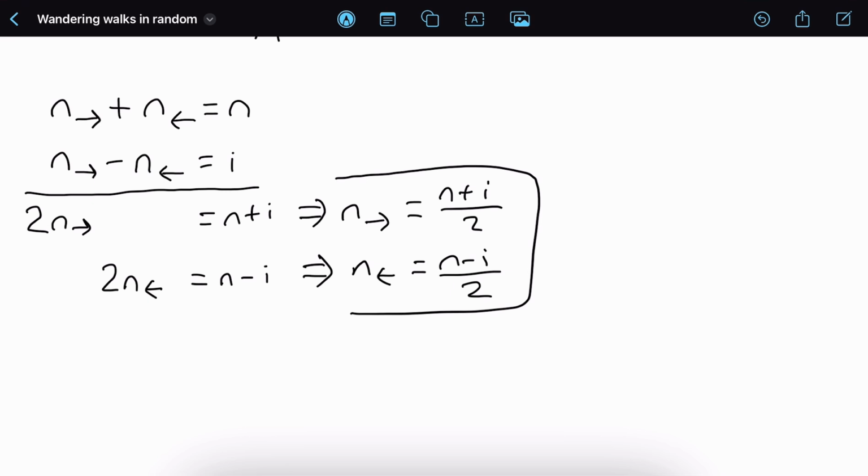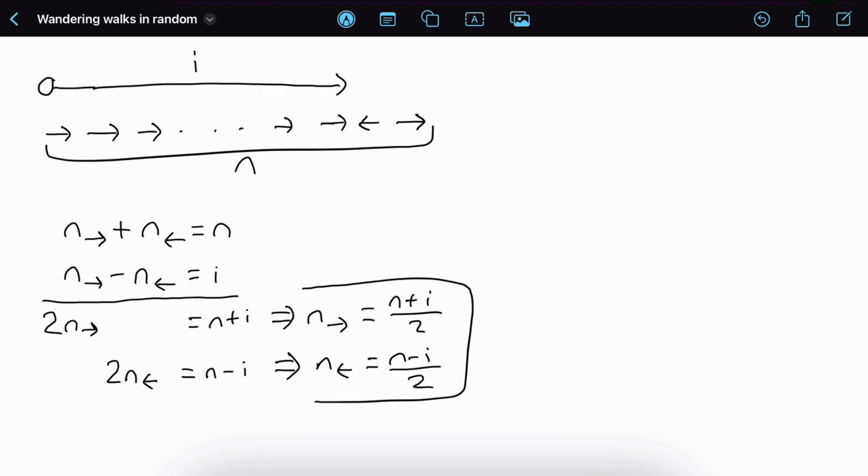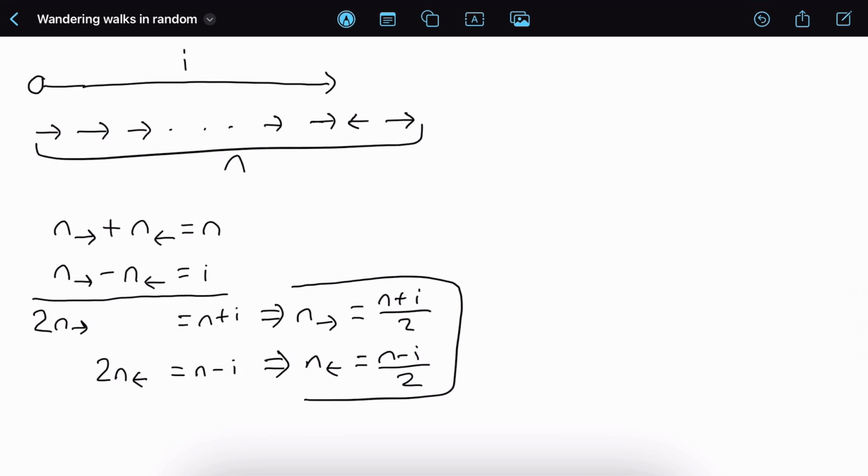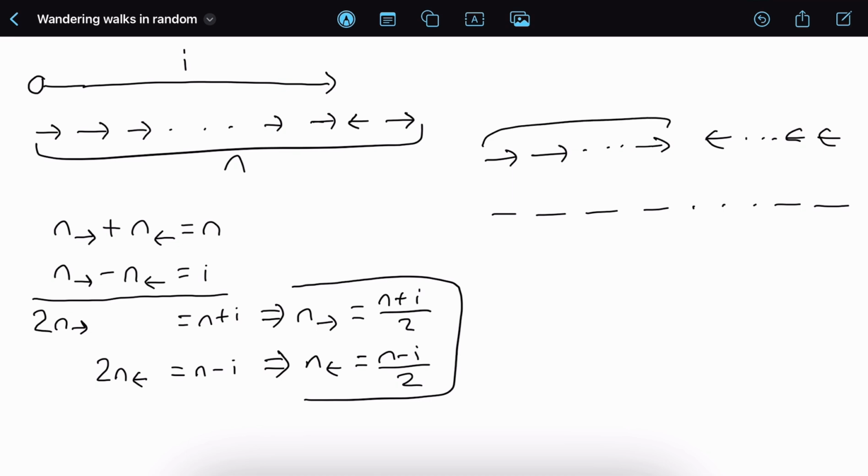And with the number of arrows in both directions now known, we can find the probability of ending at I units away from the origin. If we just count up all the possible ways of ending up I units away from the origin after taking n steps, since we know how much of each arrow we have, this much and this much,